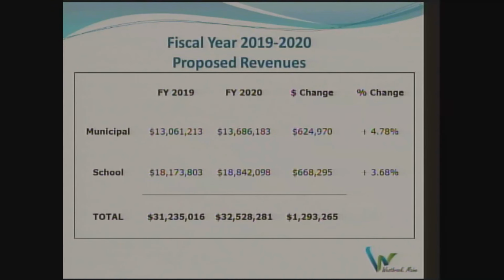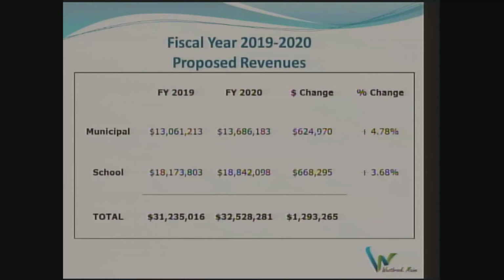On the revenue side, when we identify revenues, we're talking about sources of funding that do not include the property tax. A wide range of funding; for schools, general purpose aid to education is the largest number. The city has such things as municipal revenue sharing, auto excise tax, and a series of fees and charges that generate funding that is used to help cover a portion of the total expenditures for the city and schools and reduces the amount that has to come out of the property taxpayers' pockets.